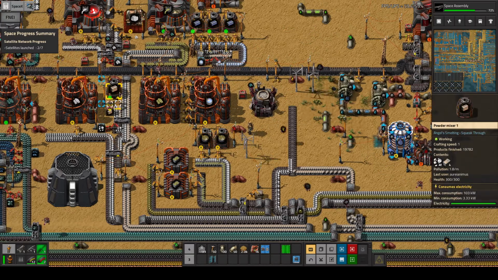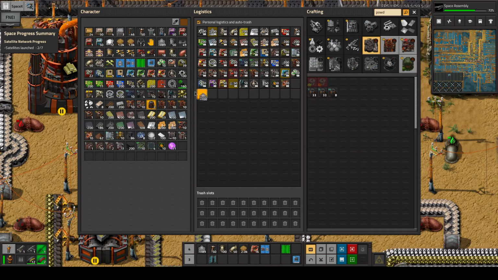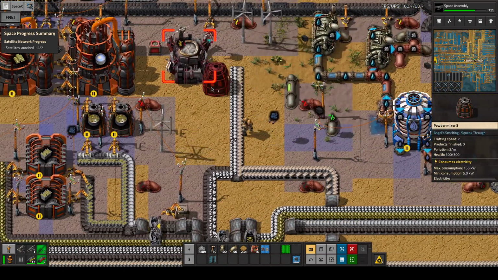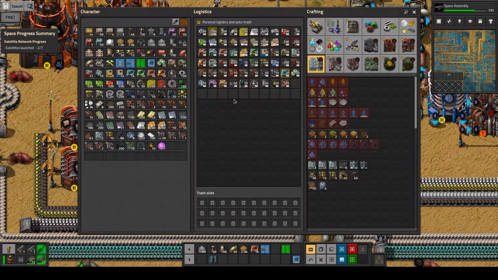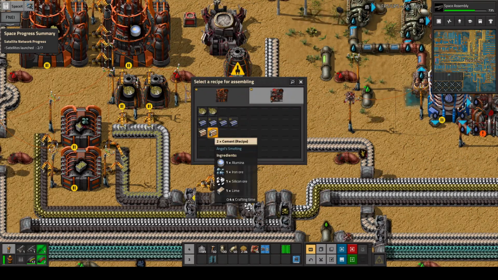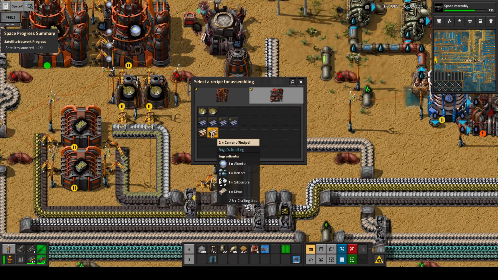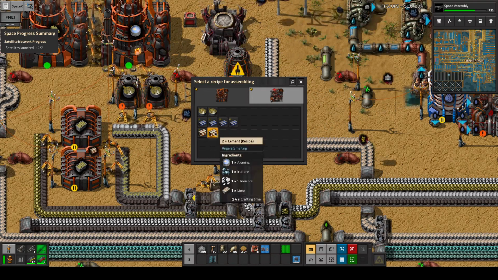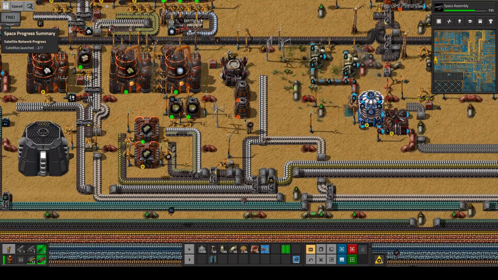Let's see, we need powder mixers for this. We have 2 powder mixer 3s. I could have done this in a more sustainable way, but oh well. Yeah, so, we could be doing this as well. I don't know if that's better. Iron ore and alumina, I guess, is a little bit more available. Yeah, actually,